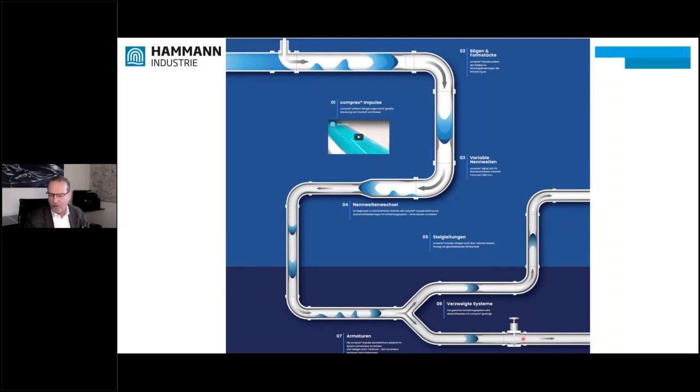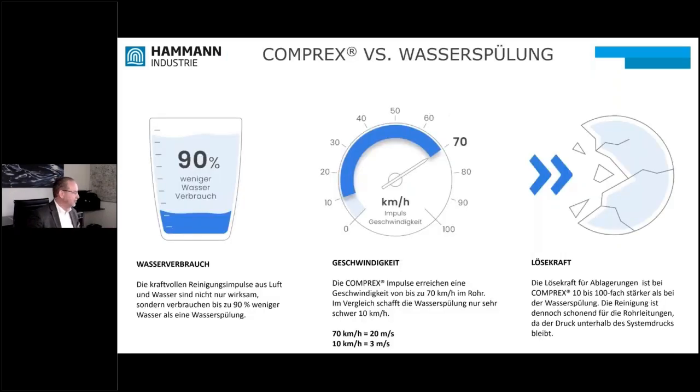And this image here also represents valves that offer us no resistance. It works with flaps or cable materials. Valves can be snapped, crucially using significantly less water. We practically start with essentially zero water and then gradually increase it. Then we also have the high speeds of the water jets, 70 kilometers per hour, which is equivalent to 20 m per s, compared to an already fast water flush at 3 m per s, and the dissolving power is